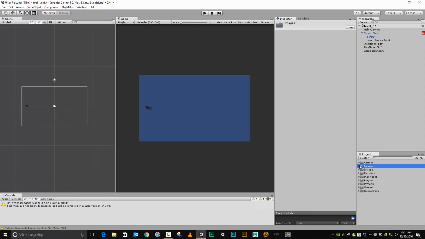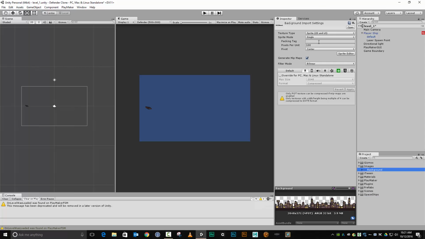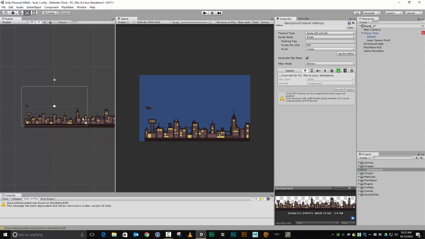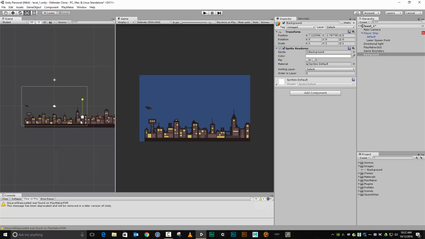Okay, now by default, my background has come in as a sprite, which for what I'm going to do is going to work just fine. There's a bunch of ways I can do a scrolling background. I can do it as a texture, make a material and put that material on an object and move the object. I'm just going to take a simple approach here. So I'm going to pull this background out into my scene, something like that. Okay, and I'm going to line this up the way that I might want it to be. So let's see here. Let's go with that,